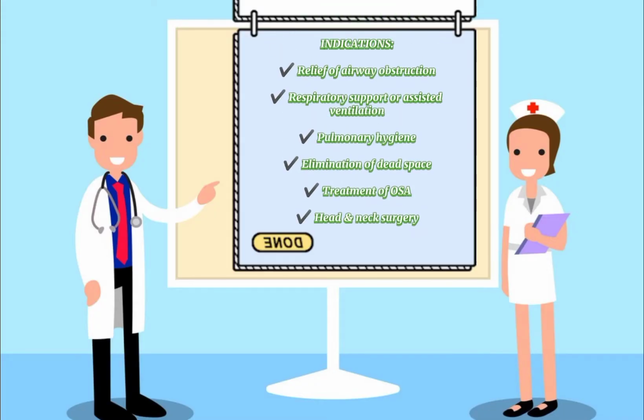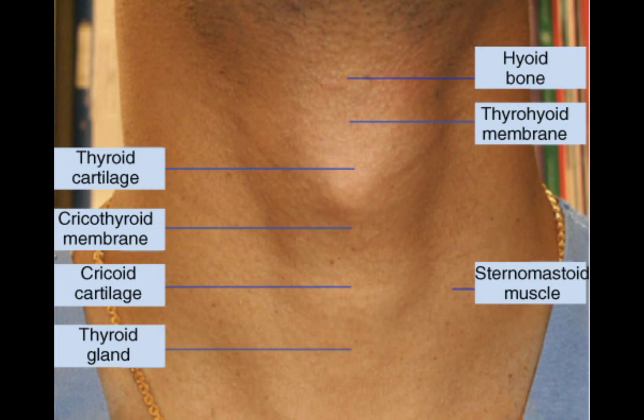tracheostomy. Tracheostomy is indicated in conditions where there is a need for relief of airway obstruction, for respiratory support or assisted ventilation, for pulmonary hygiene, for elimination of dead space, treatment of obstructive sleep apnea, and to give way for head and neck surgery. For the relevant anatomy, the important anatomical landmarks that we need to remember in performing tracheostomy